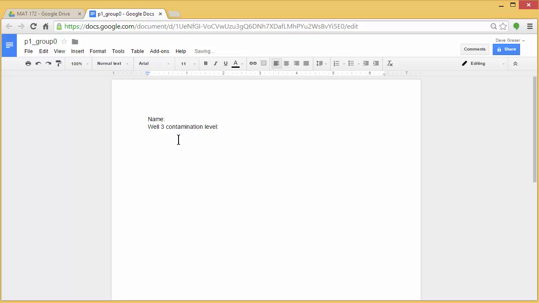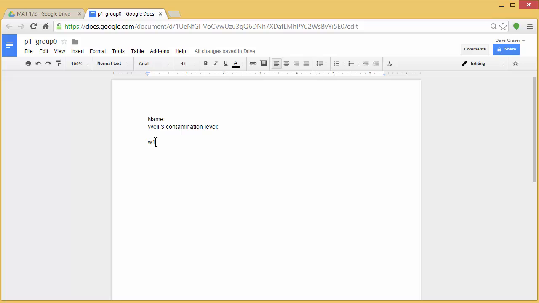Now, to make things easier here, we're going to use the exact same variable names for every group. That way you can look at each other's stuff and you'll know this variable always represents the same thing. Since what we're looking for in this project is the amounts of water to be pumped from the different wells, let's call it W1. And traditionally we like to use subscripts to do these things, and this isn't a subscript,